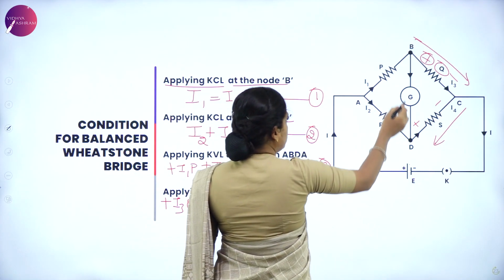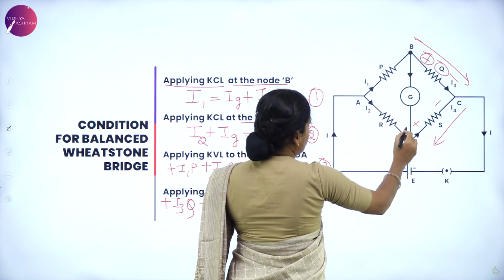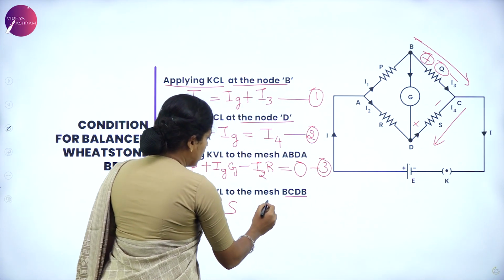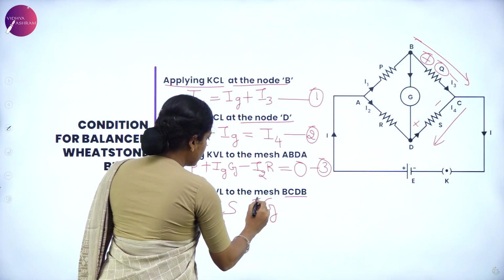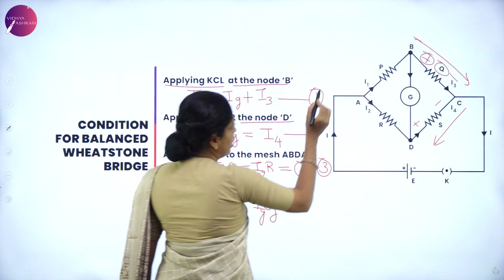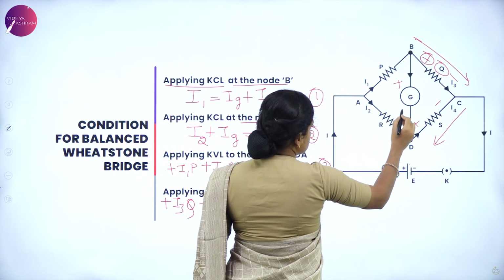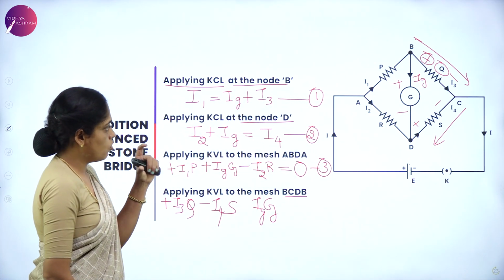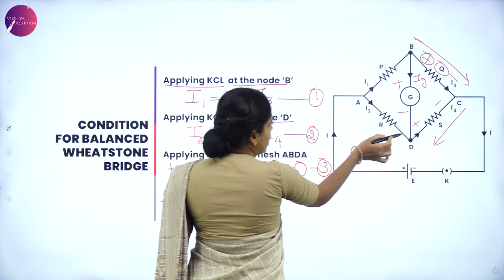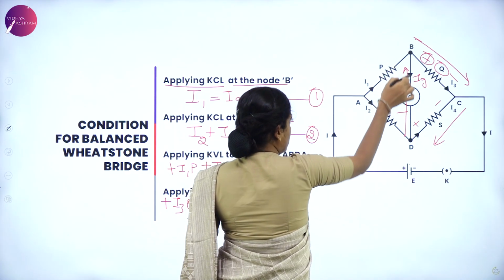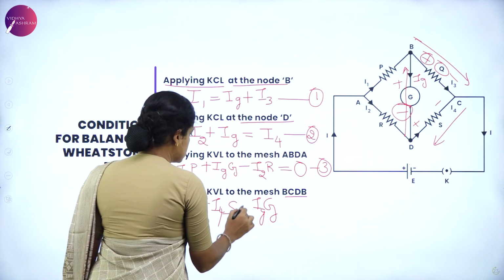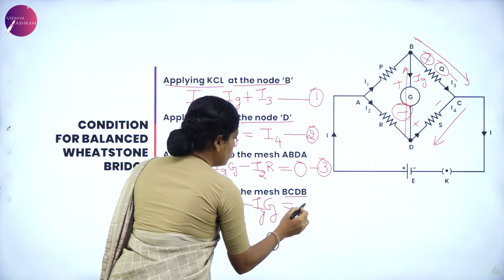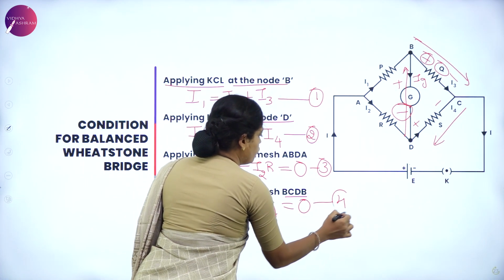Then from B to D, to complete the loop, we have a galvanometer between these 2 points. The resistance of the galvanometer is G. Through that the current is Ig. Now the current entering side is positive, leaving side is negative. Then what is the sign convention for this voltage? As we are in the direction D to B, the first sign is negative. So the sum of all this is equal to 0, equation 4.